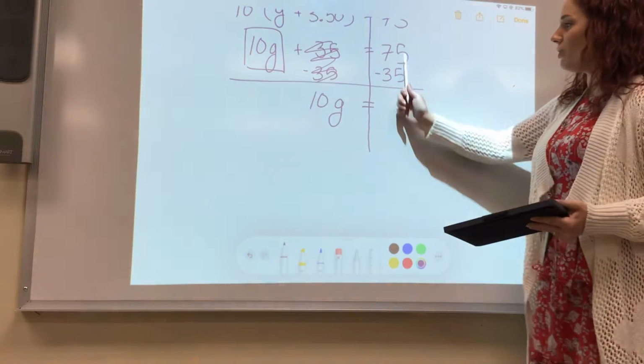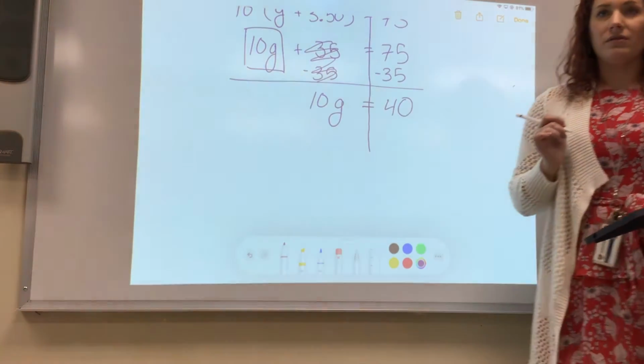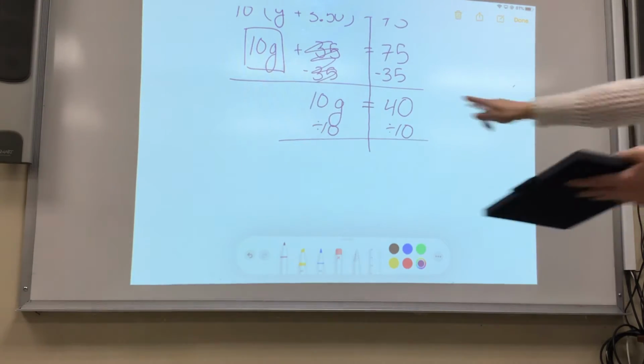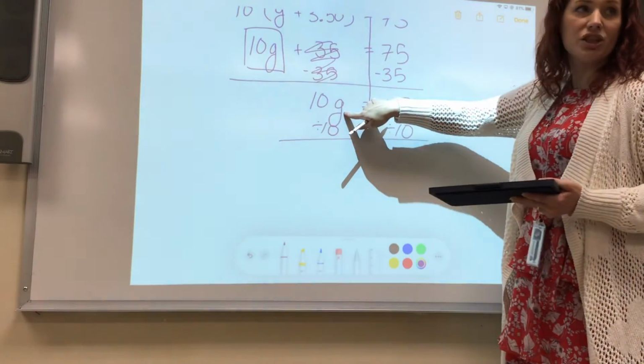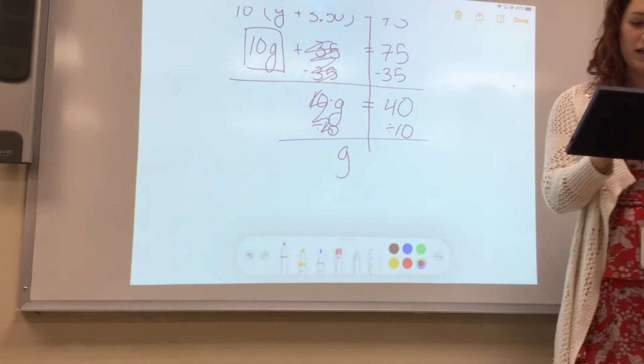Hold on, Ivan. So 10G equals 40. Ivan, what were you going to say? You have to divide it. 10, yep. Why are we dividing? Sam? There's no sign, but 10 is multiplying by G. That's what it is when there's no sign. So we use division. G equals